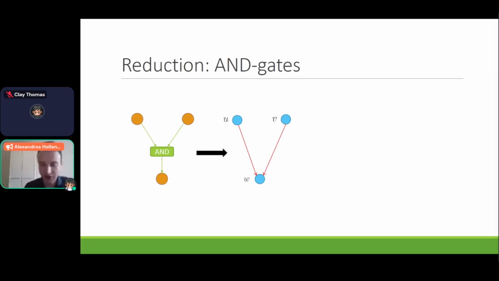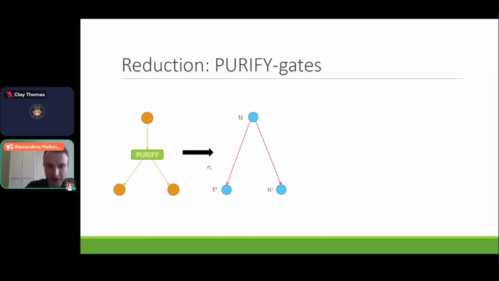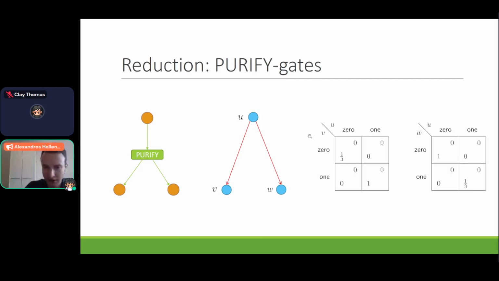So essentially, we do the same thing for the AND gates. I'm not going to go over the argument. Again, you define small games between the players that exactly implement the constraints of the AND gates as defined in the pure circuit problem. And this construction actually requires epsilon to be right below 1/3 to work. And the same for the purify gate. You just construct the local games that are going to ensure that you exactly implement the constraints of the purify gate. Okay, and that's it really.